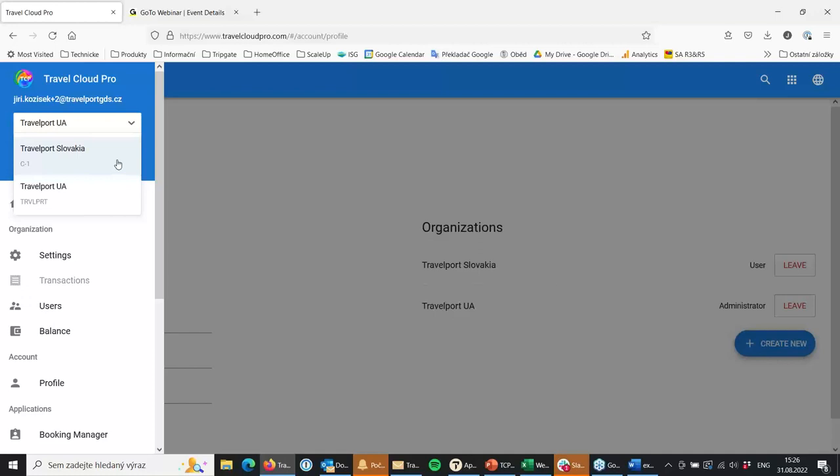And one more for Travelport, we will soon also be introducing the user right market administrator. So you will be able to hand over to some of your colleagues and make them the market administrator of the whole market. So you will see all your agencies under a market or group of markets, because some of the operators are running more than one market. So those three enhancements are coming soon.